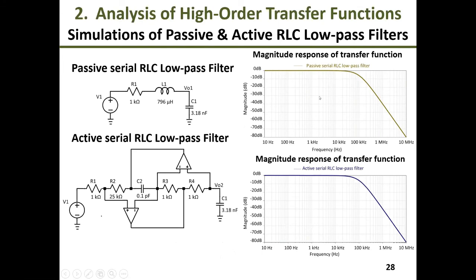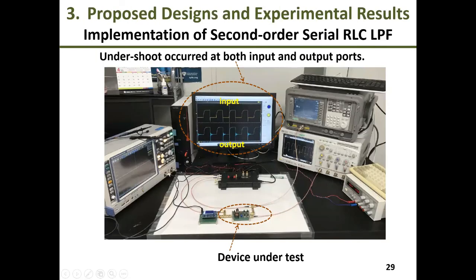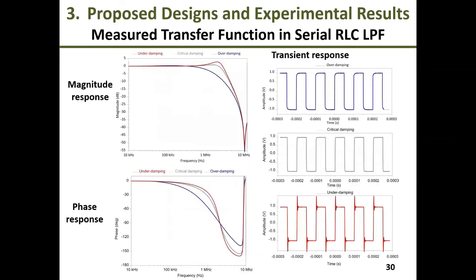And now let me show the simulation result of the passive second order RLC low-pass filter and the active one. We can see that they have the same characteristics. And now let us show the implementation of a passive second order RLC low-pass filter. We can see that the ringing occurs at both the input and the output port. And the Bode plots of the transfer function, we can see that in case of underdamping region, the magnitude is